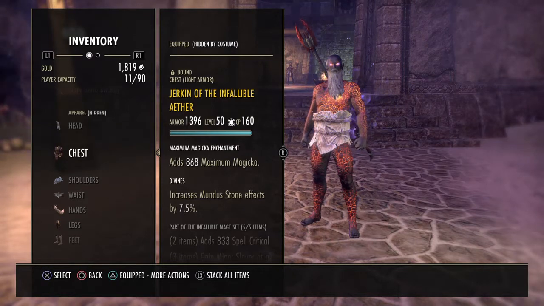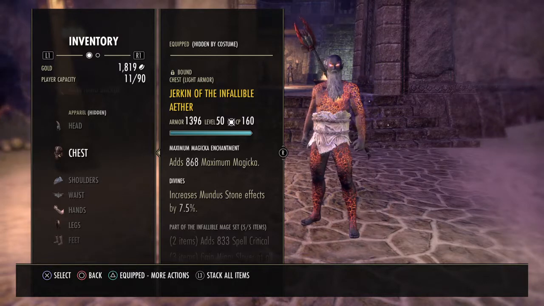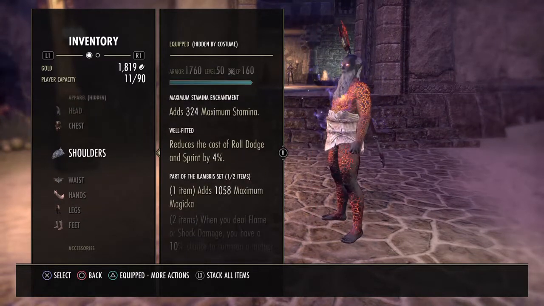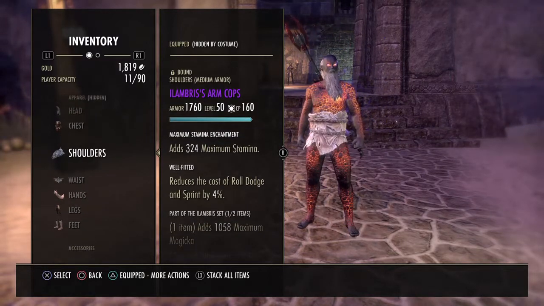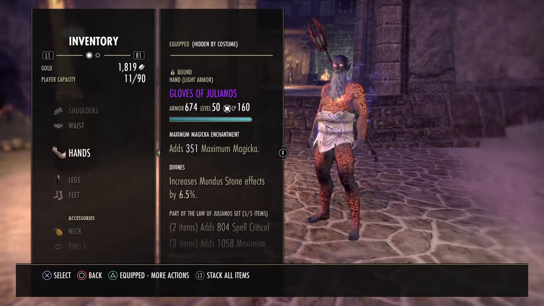Infallible Aether can be found in any of the Craglorn Trials, Sanctum Ophidia, Etherean Archive, and most commonly found in Hellra Citadel. All mine was farmed in Hellra. I'm wearing a 1 piece Lambris. It is well fitted. That's just because I haven't gotten a medium Divines yet. The reason I'm running the medium is